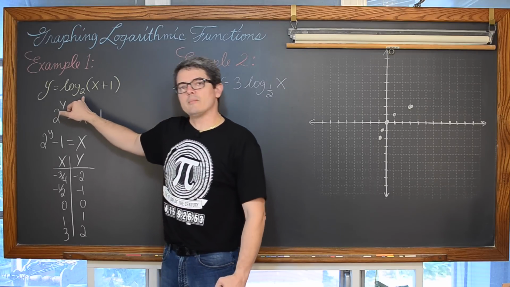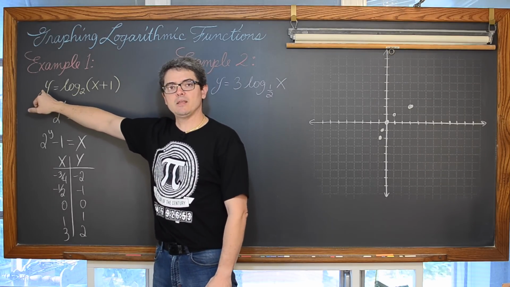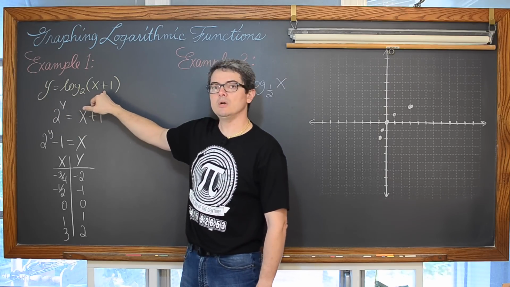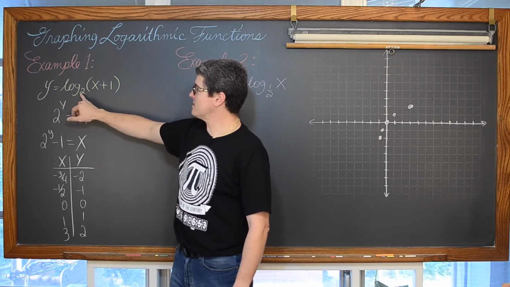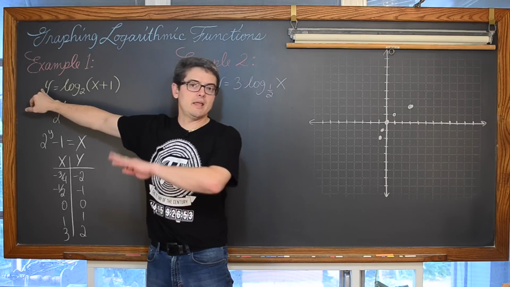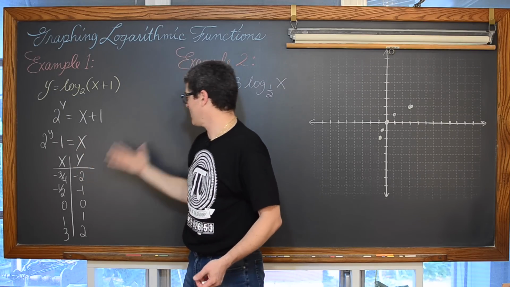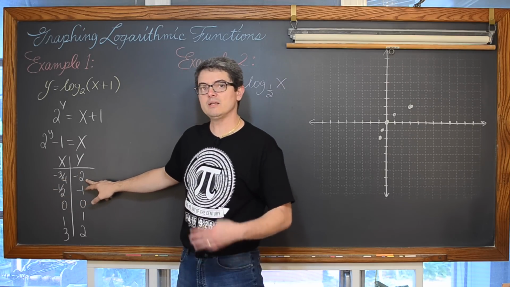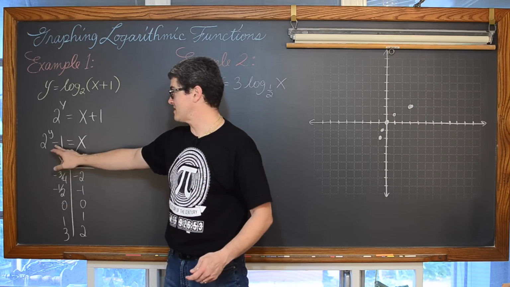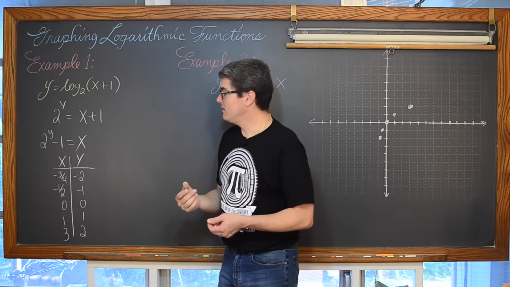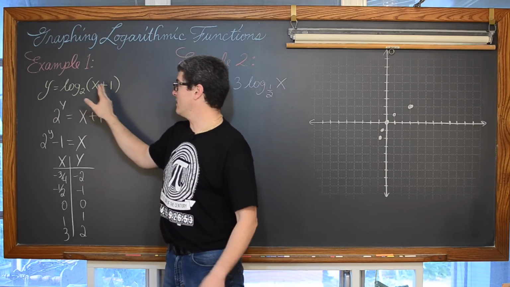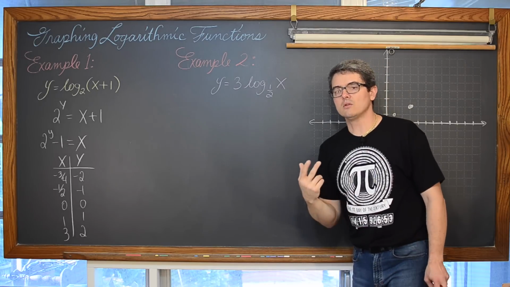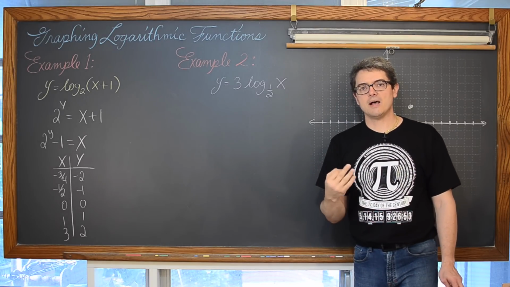If the base of your logarithm has to be positive and what you get out of it is an exponent, so 2 to something has got to be equal to what's inside that parentheses, you're not going to take a positive number, raise it to any power. I mean, I just took a positive base of 2 and raised it to the negative 2 power. I didn't get a negative answer. Well, okay, that's negative, but it's after we subtracted by 1. You're never going to take a positive base, raise it to any power, and get a negative answer. So you cannot log 0 and you cannot log a negative number. So logarithms are always going to have a vertical asymptote as part of their graph.